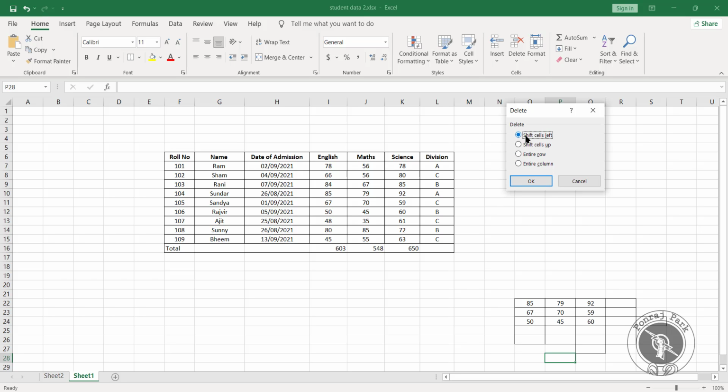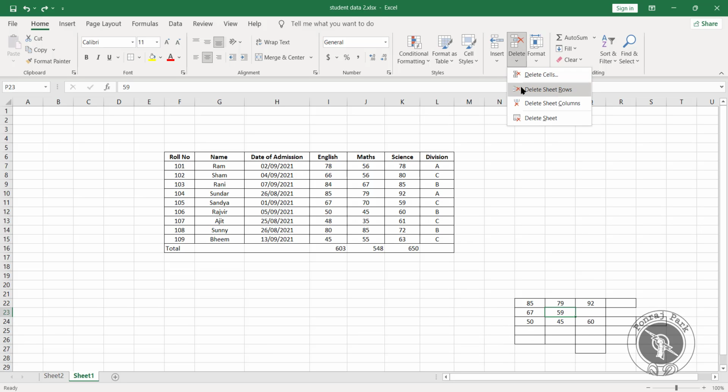In this case, first we have Shift Cells Left. Suppose I want to delete this 70, and it will shift the cells to the left. So I delete, with the first option selected. You can see 70 has been deleted, and whatever data I had has shifted to the left side.